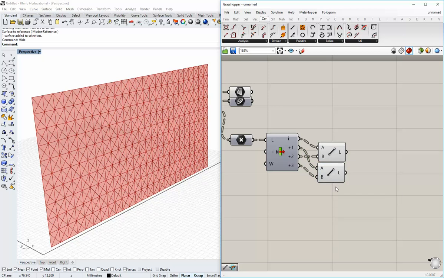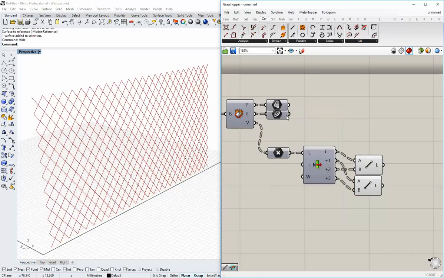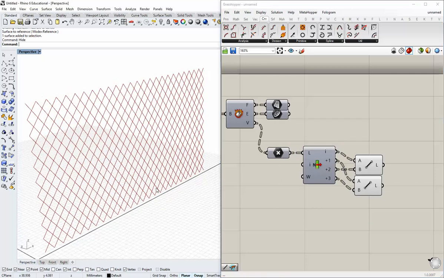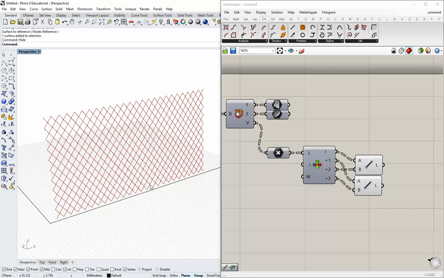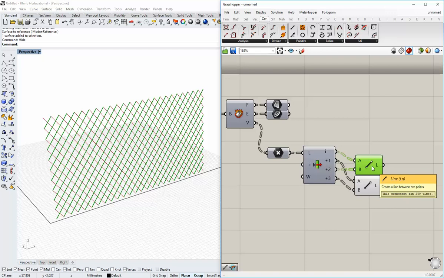But if I turn them both on, and if I turn off my surfaces, basically the net effect of that overall is sort of a diagrid pattern, you know, diagrid structure, if you will. So if I select, and if I wanted to make those lines continuous, I can just simply join them out of this output, because even though they're separated into different segments,